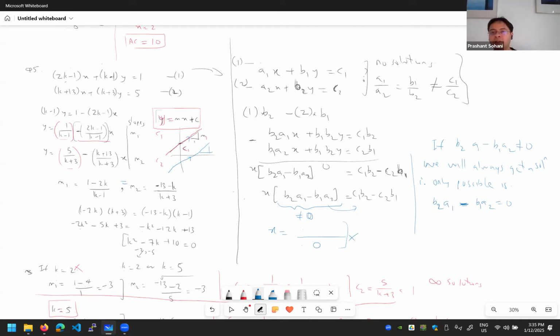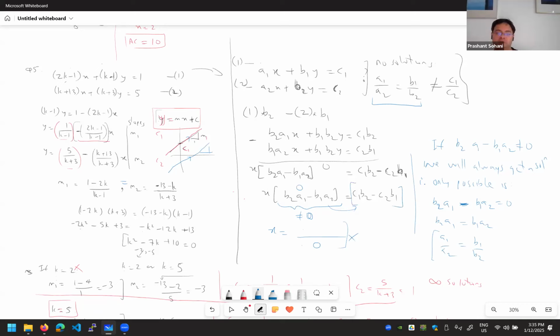And now if you see, I can rearrange this into this form. If I take this to the other side and just divide, then this will become a1 upon a2 is equal to b1 upon b2. Okay, so this has to be true, but this is not sufficient, because if you look at the RHS, right,